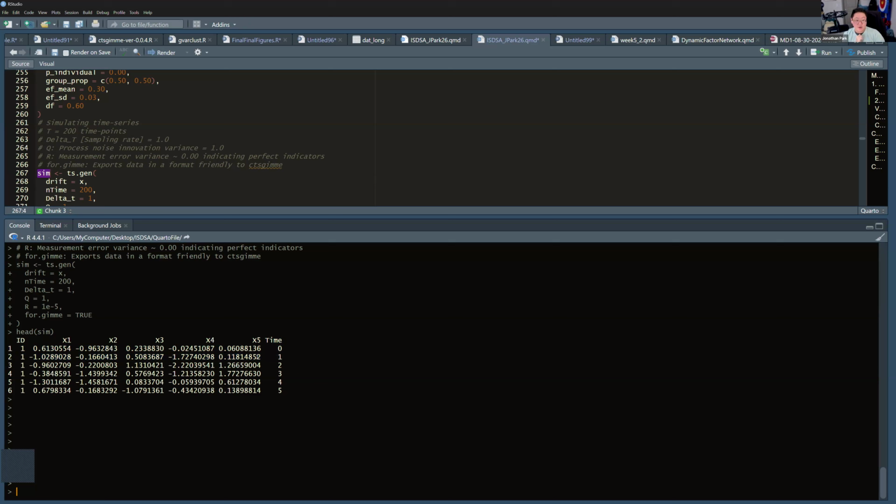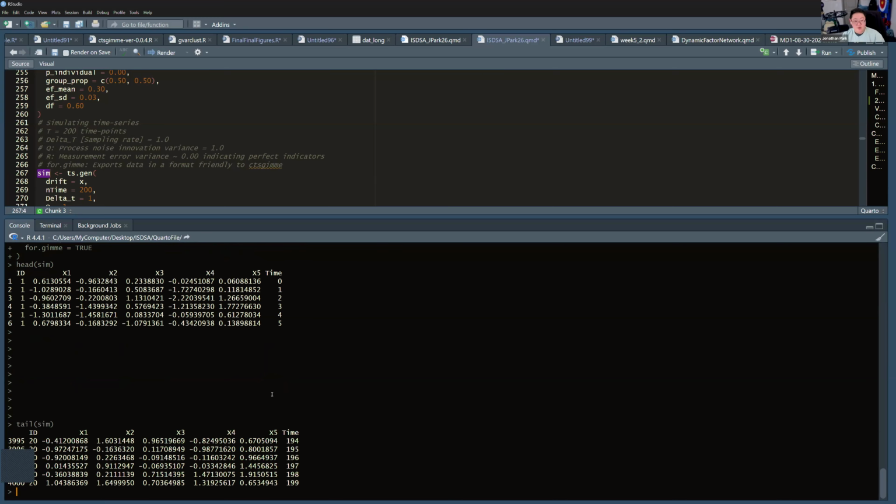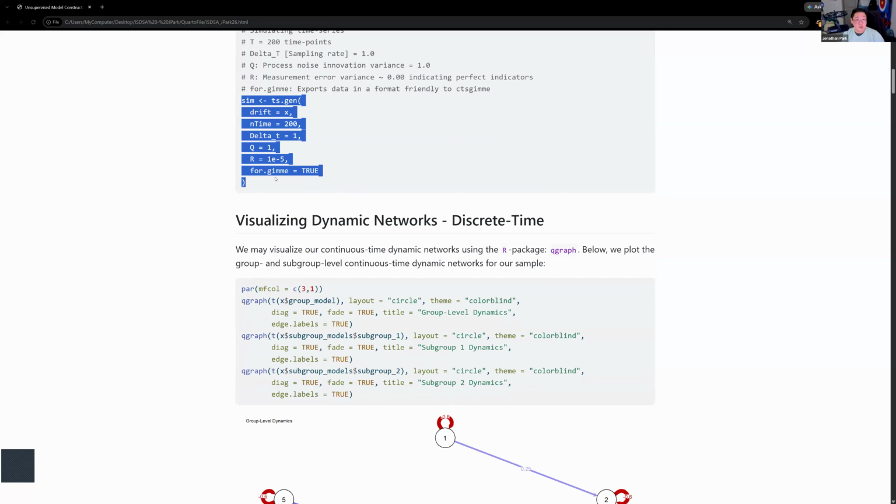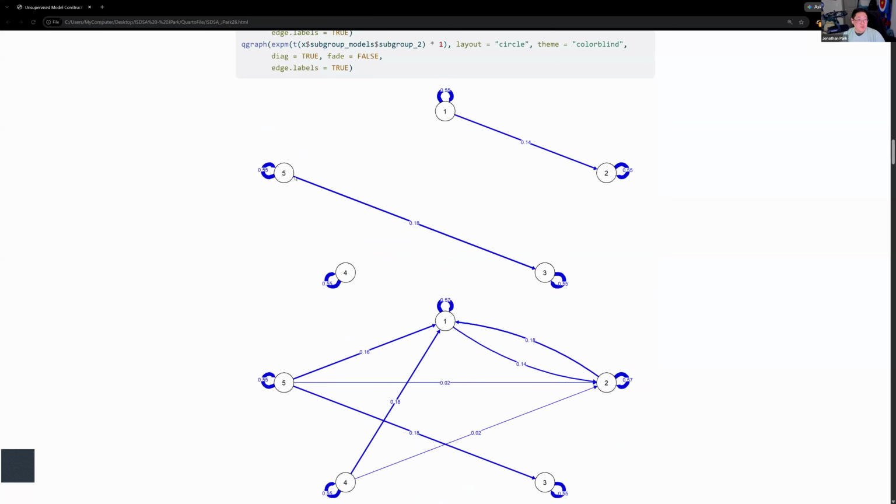So this is not the first time point. This is how far in time this time point is from the first one. So this is 1 unit in time from the first time point. This is 2 units in time from the first time point, et cetera. And then we just want to stack that. So if I do the tail of sim, you'll see that we have the 20th subject, and then we have the exact same format.